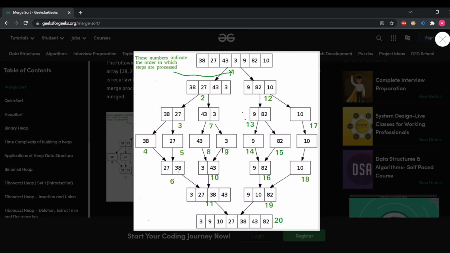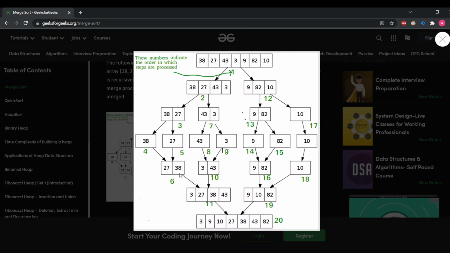Now the next step is merging these subarrays into arrays of 4 elements. We'll have 2 pointers, one at 27 and one at 3. Firstly, 27 is compared with 3. 3 is less than 27, so 3 will come first, and 27 is then compared with 43. As 27 is less than 43, 27 will come next and the pointer will move to 38.